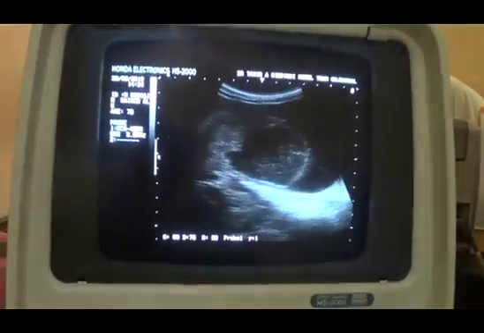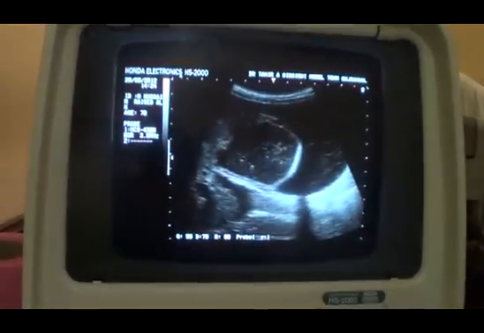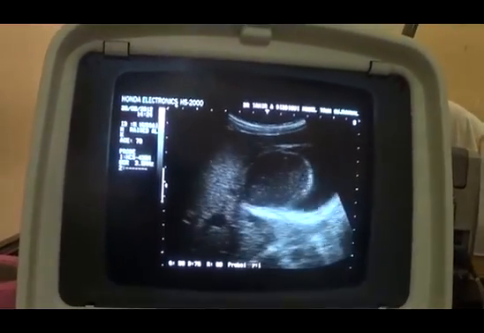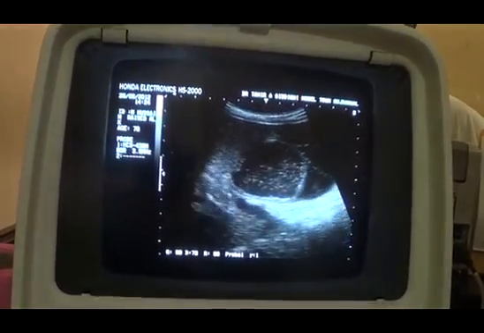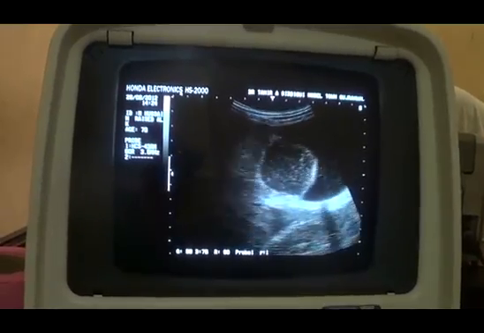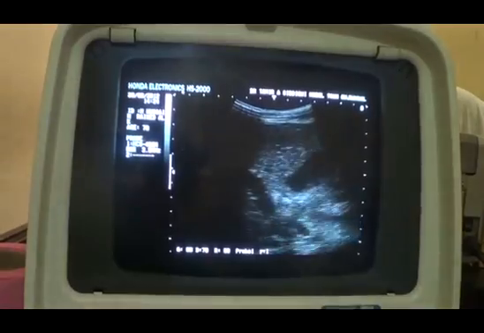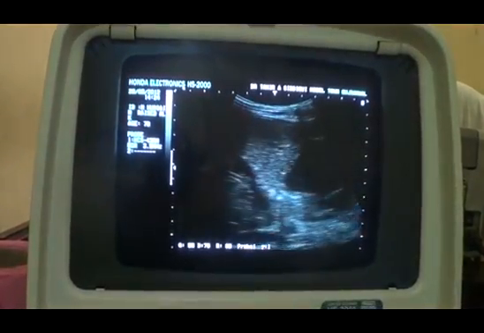Okay, we'll come back to the common bile duct and the gallbladder, and first of all I will define with the patient in supine posture where is the portal vein, what is the relation of the cystic area filled with echoes with the portal vein,